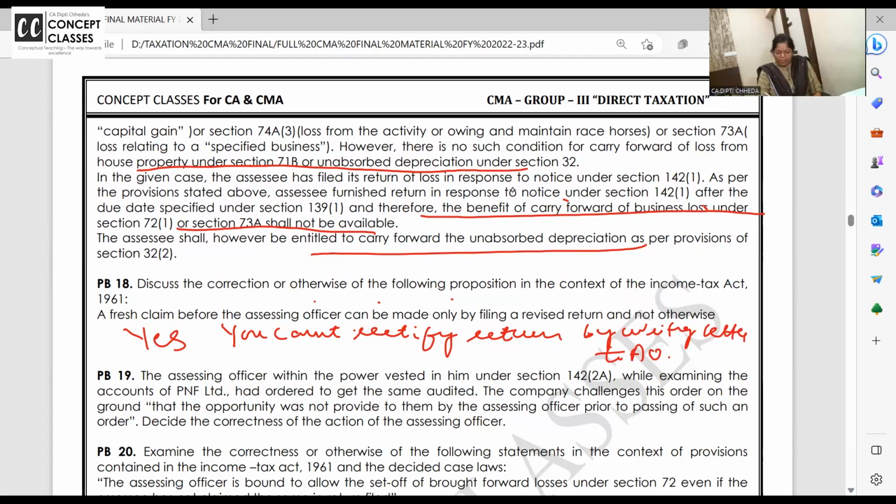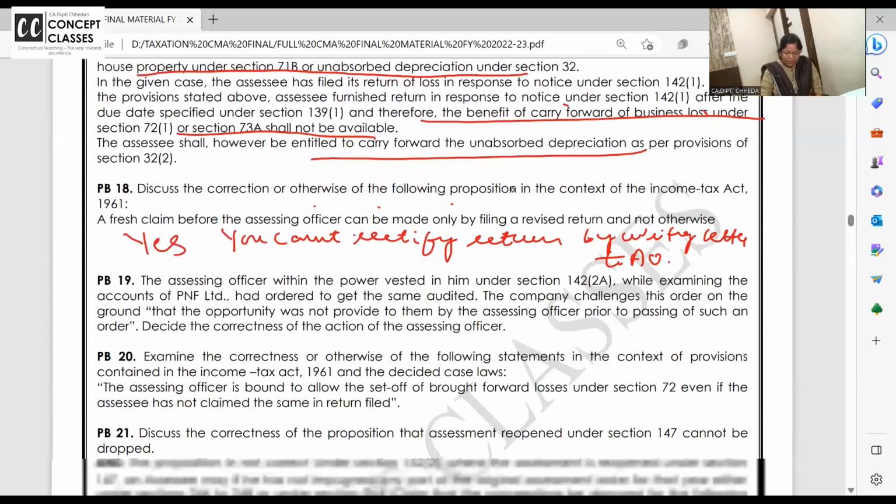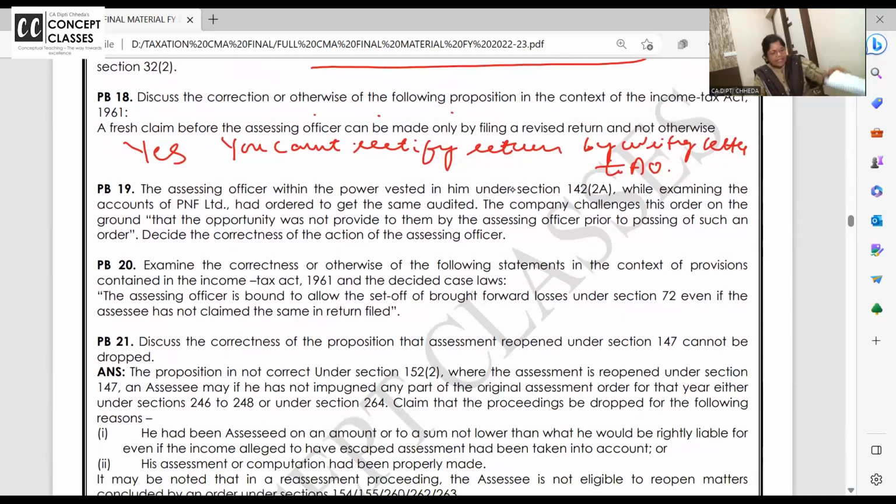Look at what they are telling you. Sometimes I have filed the return, and if there is a silly mistake, I want to write a mail or a letter to you, sir, that in the PPF claim by mistake I took 15,000 instead of 150, can you rectify? No, please, you have to file a revised return. And there is no other way of revising the return because it's all faceless now. So no other procedure is available. Okay, let's move to the next one.